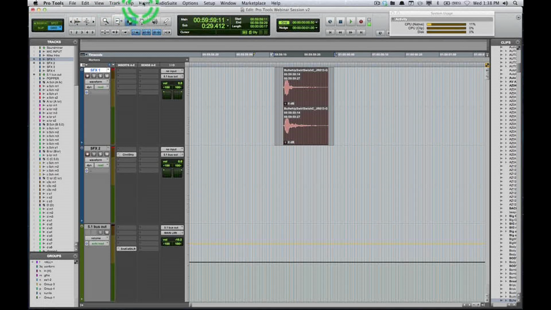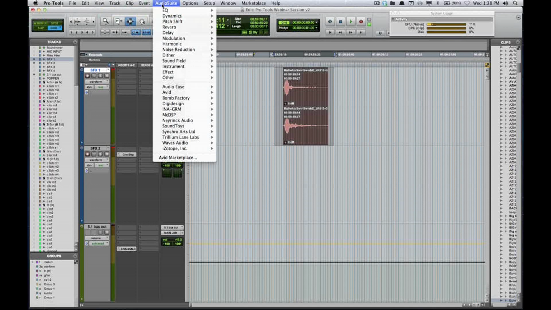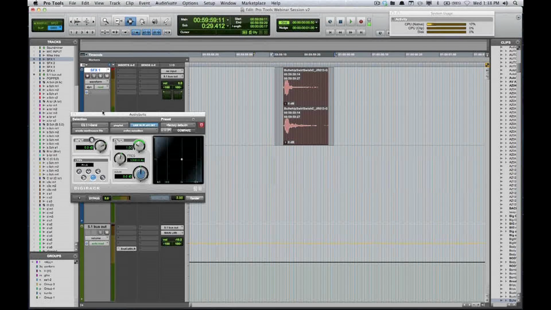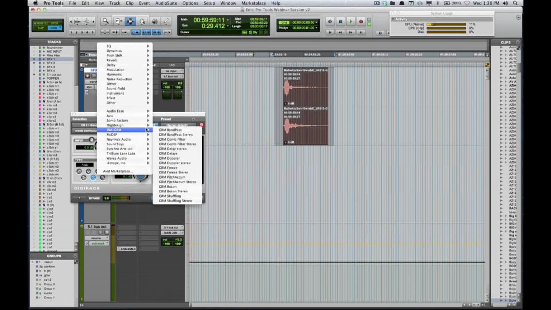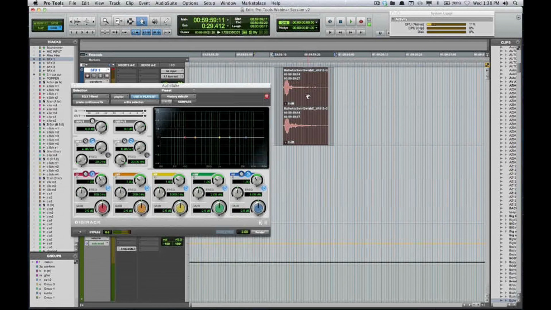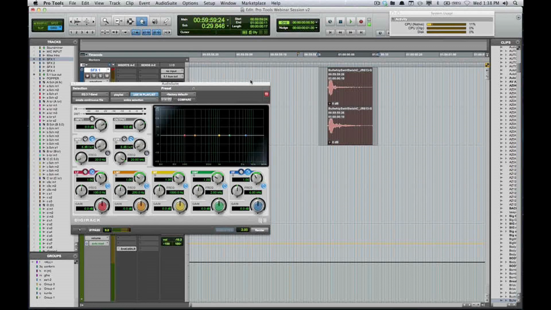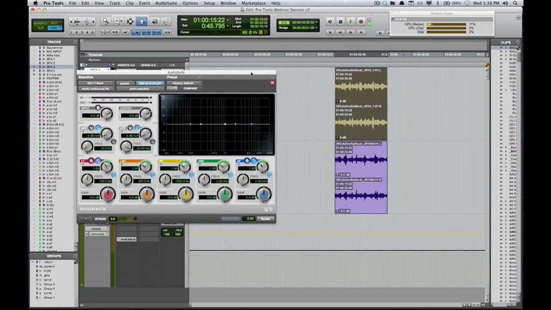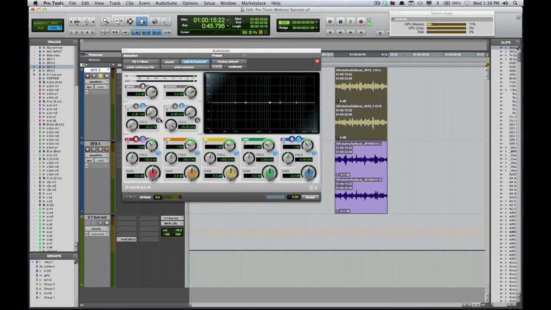Oh, you know what? There's one more thing I want to cover just real quick, and this will be our last thing. AudioSuite. A couple cool things with AudioSuite. Let's just do a quick little something fun. Let's change that out to, let's do a 7-band EQ. Okay, I want to make this, let's do this, something a little more obvious. Okay, we're going to take this guy right here, select it. We're going to make this sound very telephone, just so it's very obvious what we're doing here.